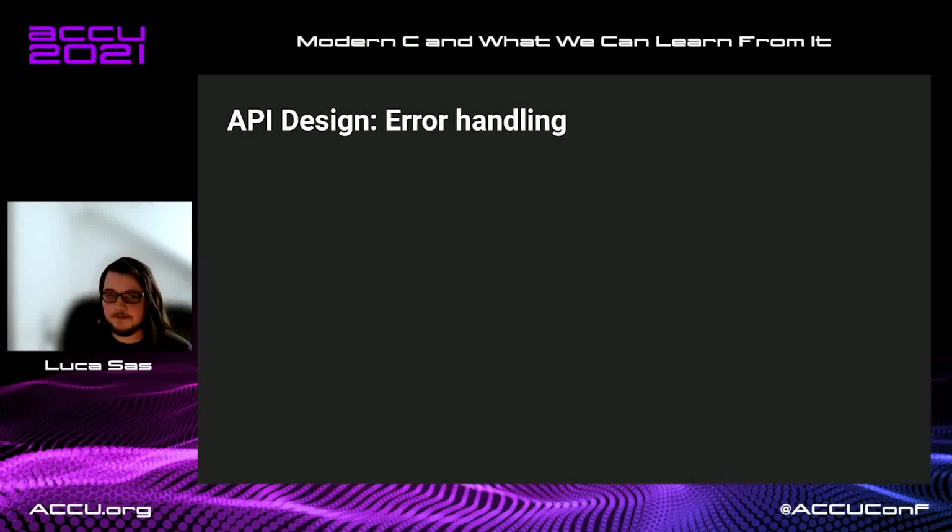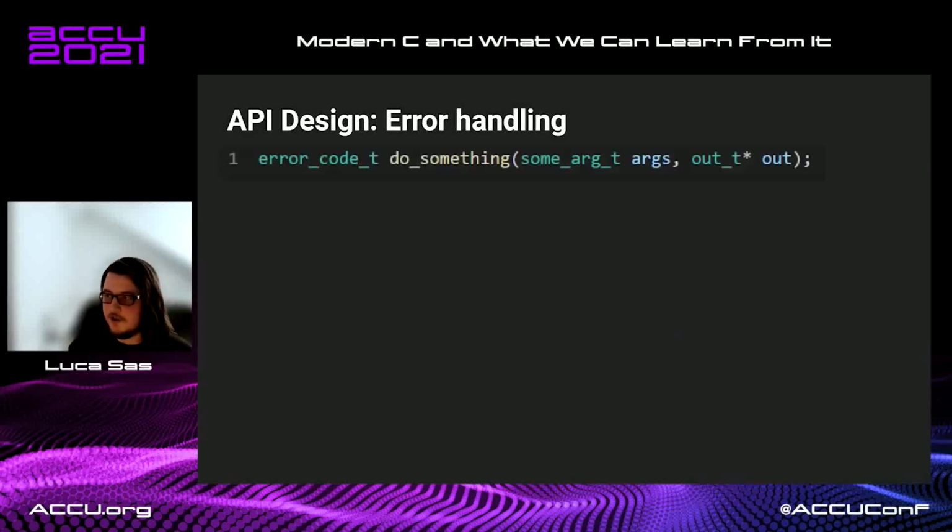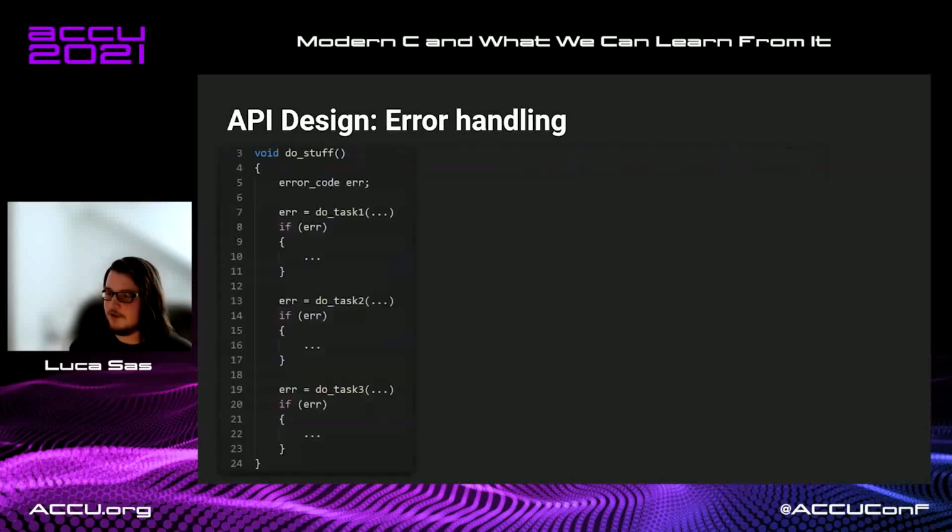Depending on the context. Now, for the next one, let's talk about error handling. When we think about error handling in C, you're probably thinking of something like this. You have a function that takes some arguments and an out parameter and returns an error code. Now, how you're supposed to use this is that you declare some error code variable, and then every time you